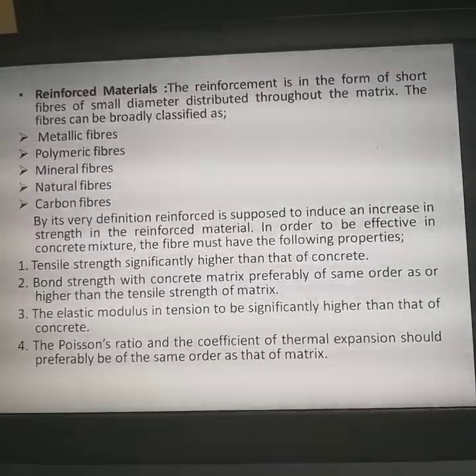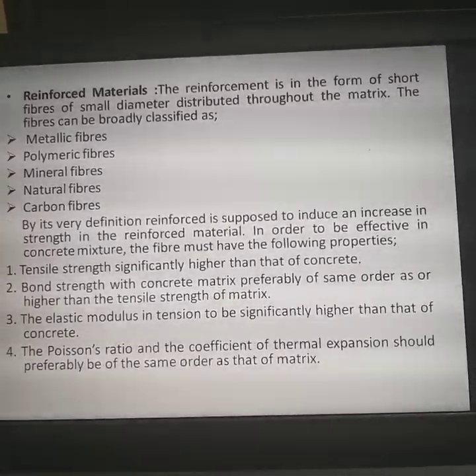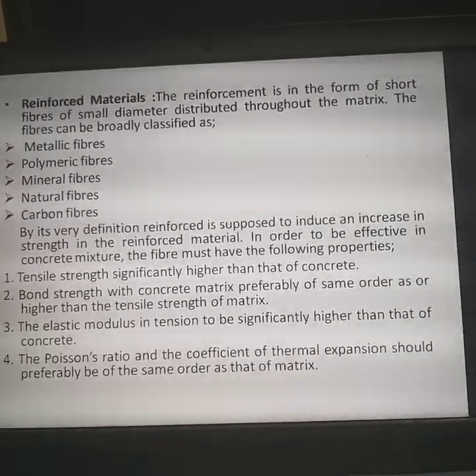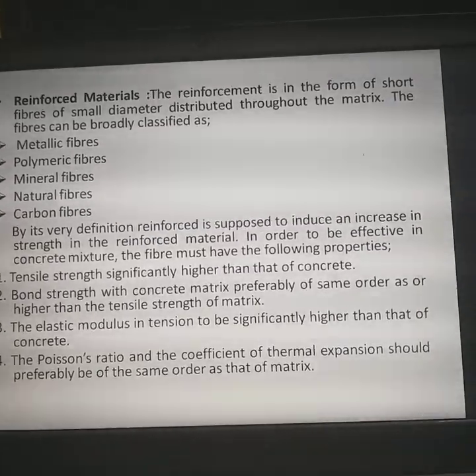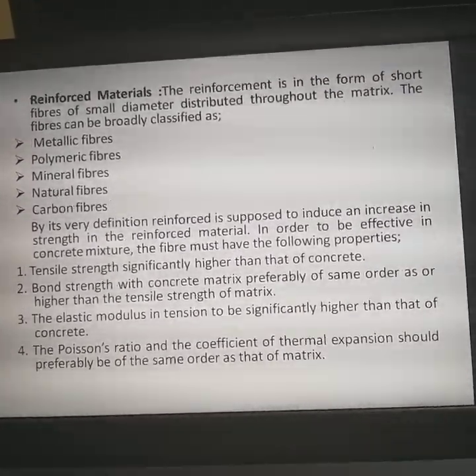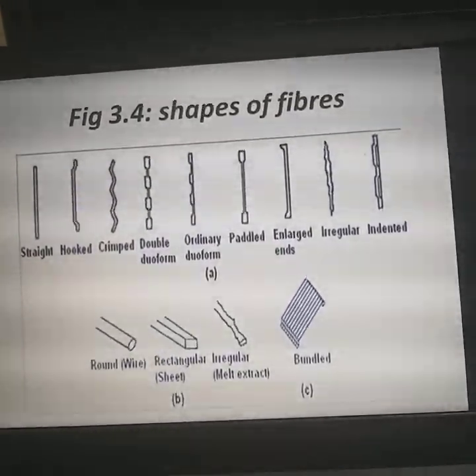That is the ratio of the length of the fiber to the diameter of the fiber, and it should be a maximum of 80. So whatever fibers you are using for concrete mixing or manufacturing should possess an aspect ratio of maximum 80.